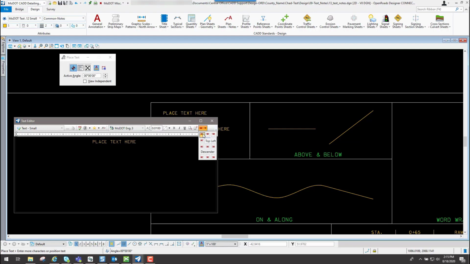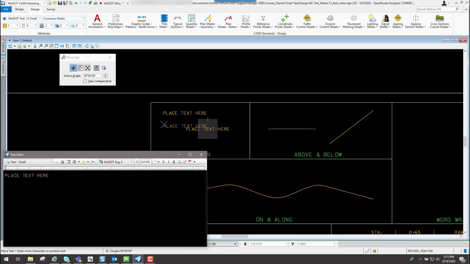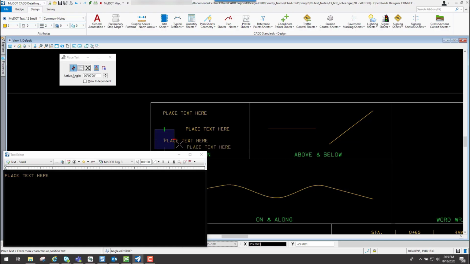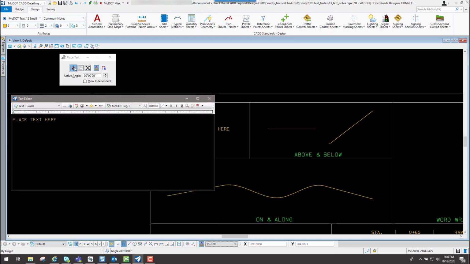So maybe instead of being center, I want it top left. So I will go ahead and select it. And now as I place my text, you'll see that on the end of your cursor, the X will be placed at the top left of that text. And of course, if I edit that text, it's going to be edited from that top left going over. If it was still center, of course, it would leave it still set to center and then edit the text accordingly. So that's using the by origin method. Let me go ahead and change my text back to a middle center justification.